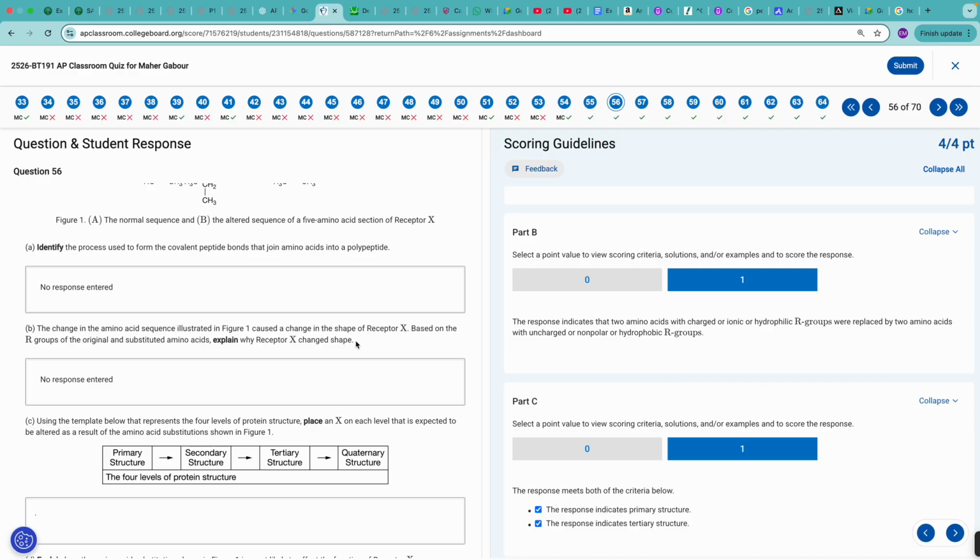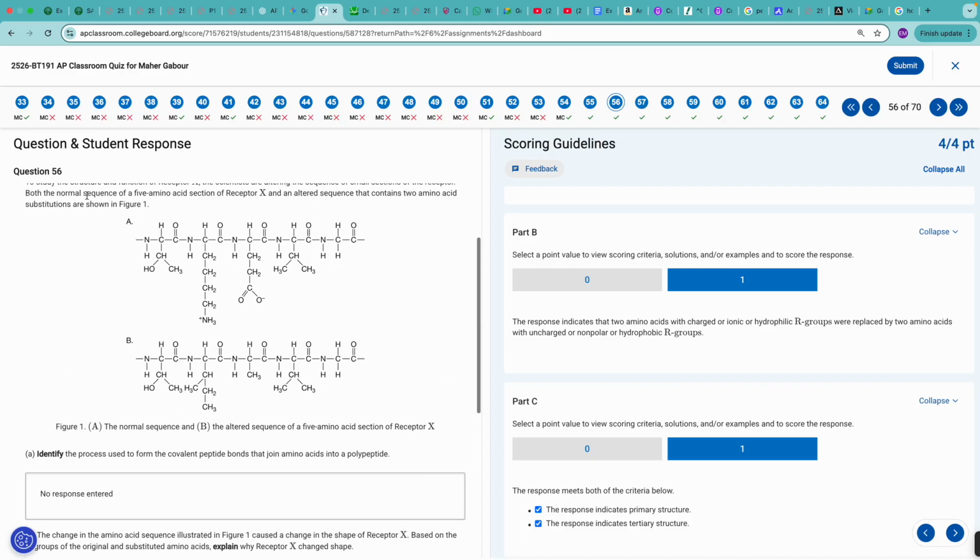Here, if you can see, in part A we had polar side groups. Look, here are the side chains where my mouse is. These are the side chains. As you can see here, the side chains were polar. And then when the mutation occurred, the polar side chains